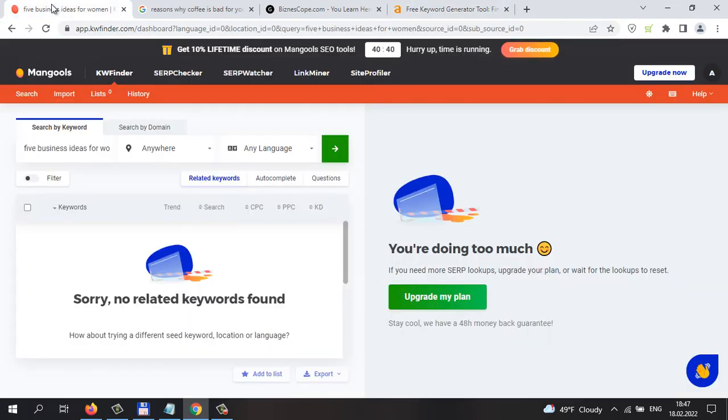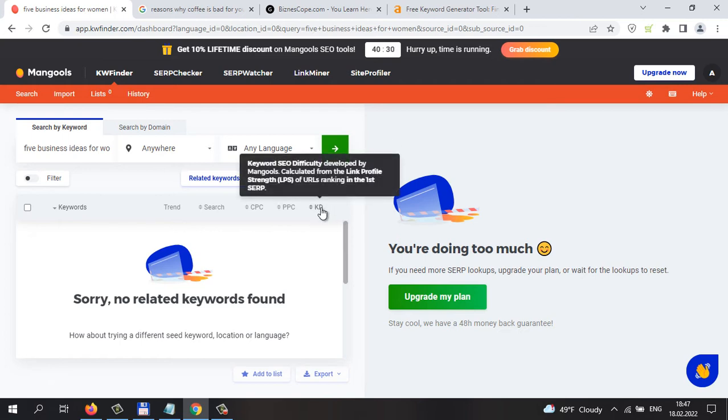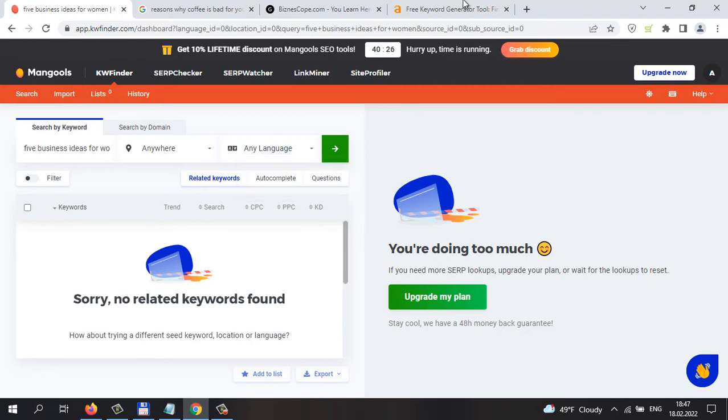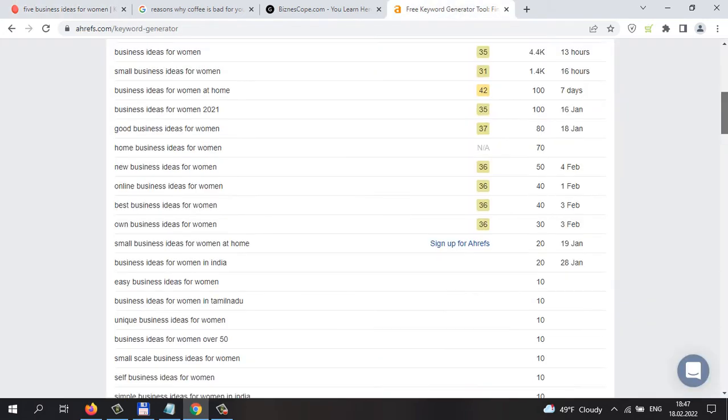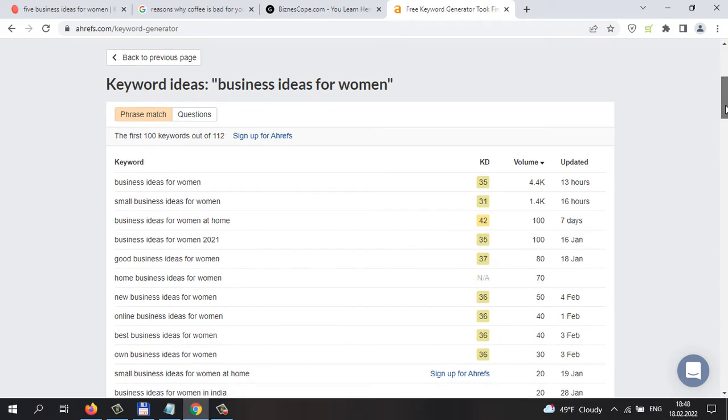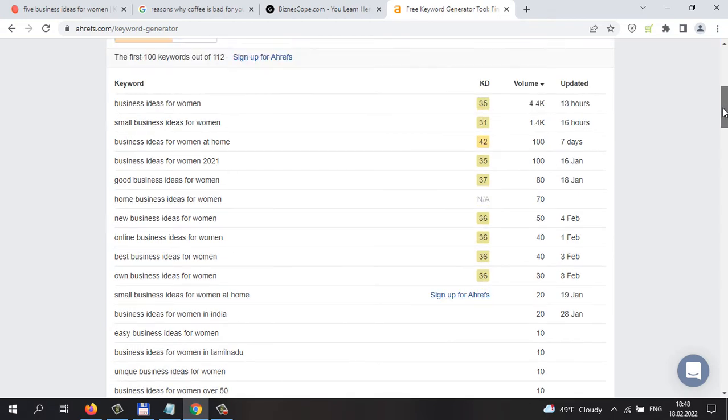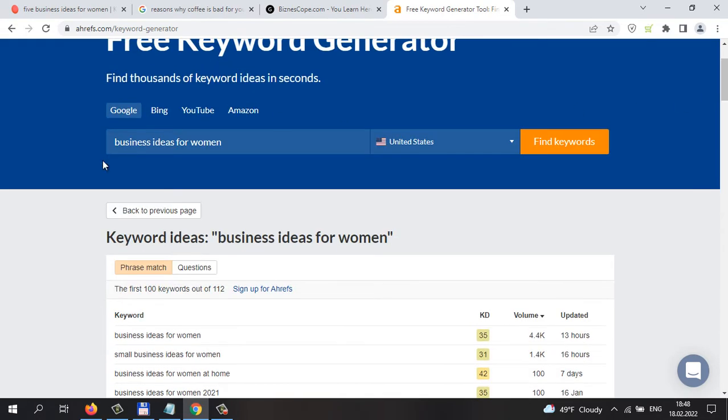This tool shows you exactly how you can find relevant keywords, how you can use low competition keywords. So keyword difficulty, you can see here keyword difficulty, because it is a very important rank. And of course, you can just use this tool as well to find very low competition keywords.